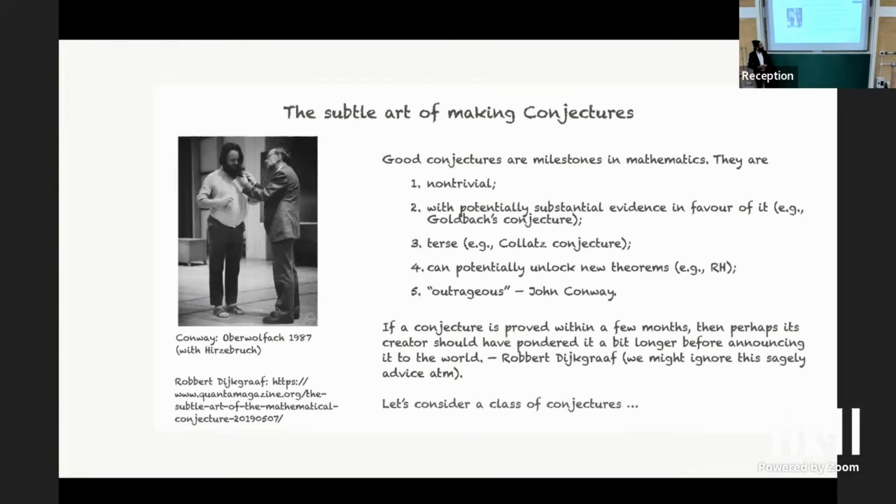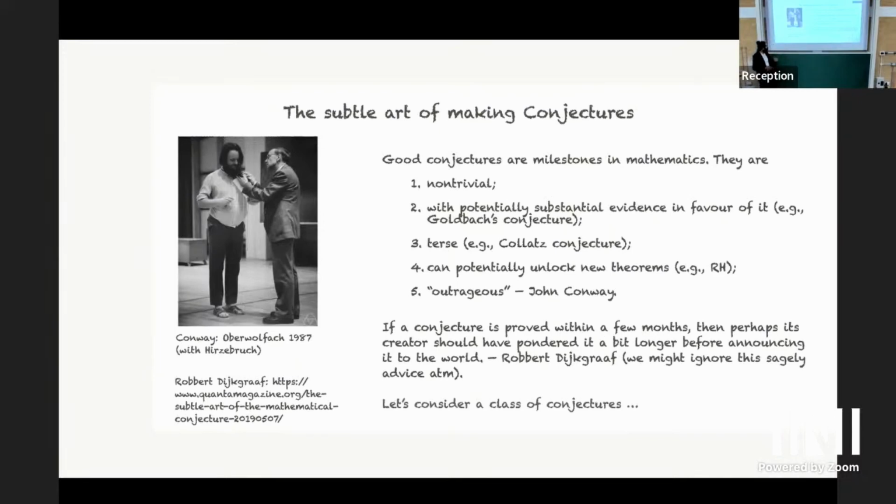Now, one aspect of conjectures like the Riemann hypothesis is that mathematicians have been able to form entire mathematical universes around them. There are loads and loads of equivalent formulations of the Riemann hypothesis. A lot of interesting theorems are contingent on the Riemann hypothesis, and effectively they can unlock new mathematics themselves.